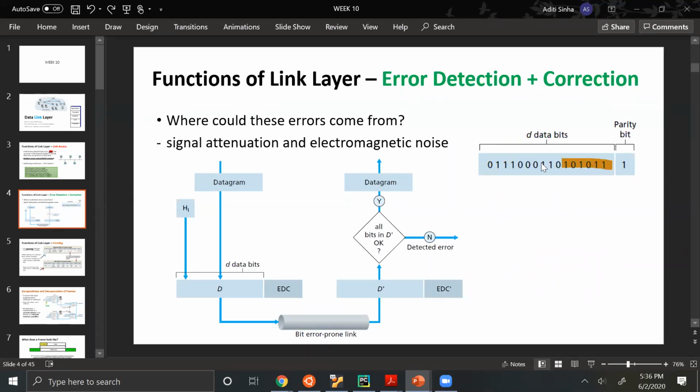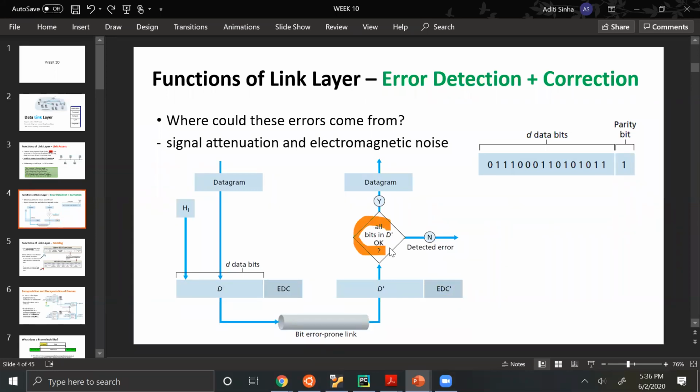You add a parity bit, or an EDC bit, before you send data through your link. And when that data is received, the receiver will look at the EDC bit and try to see if the XOR of the packet that it has received really does match the EDC, that is, the parity bit that you have sent.